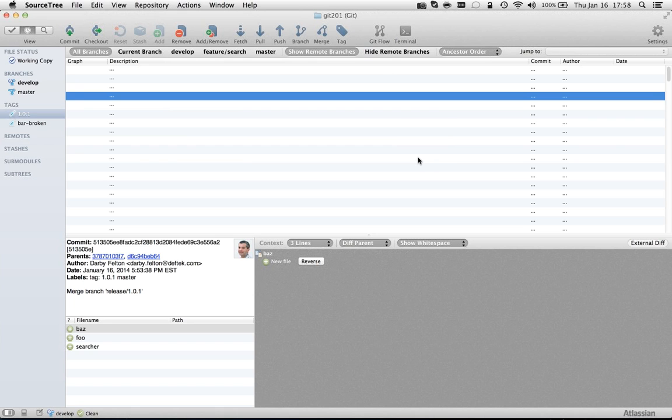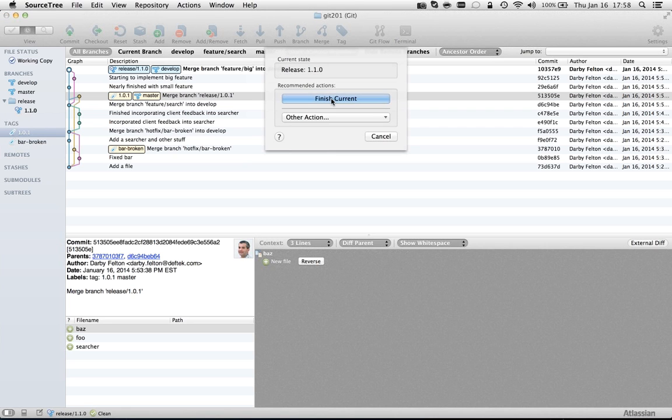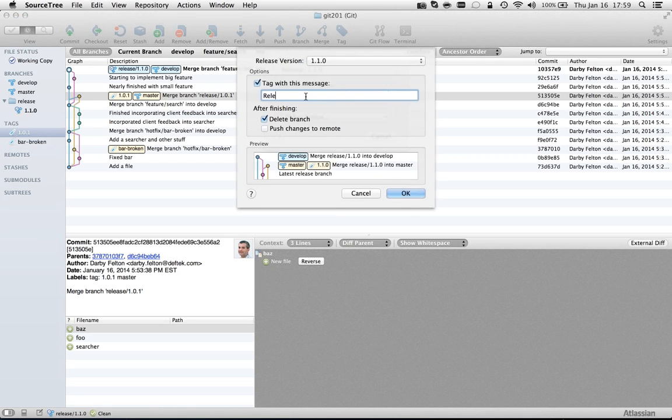Any questions right now? Okay, so let's say that the client says that everything looks great. Go ahead and deploy the small feature, but don't deploy the big one because the big one needs more stuff. Okay, so we're going to start a new release branch for this very purpose,